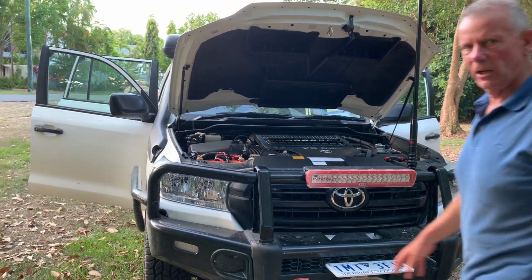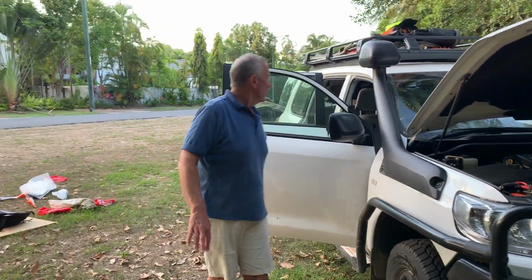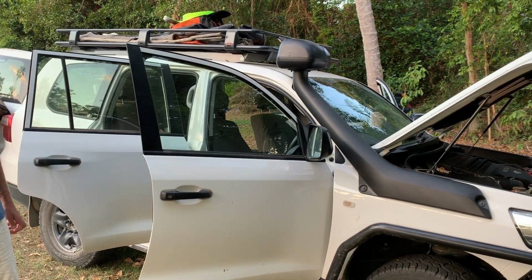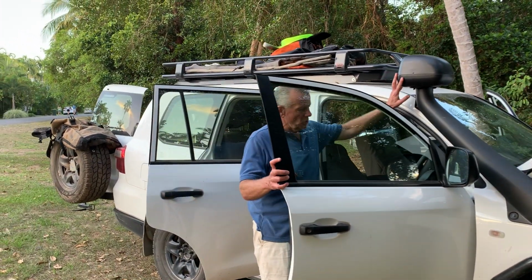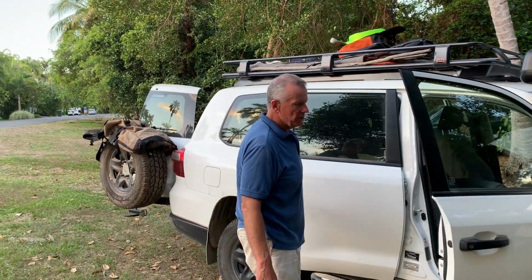So we'll come around to this side of the car now. And here, obviously, a snorkel that came with the car, because it's a GX Landcruiser, so it's the base model Landcruiser, and that therefore it comes with the snorkel. Over here on the driver's side,